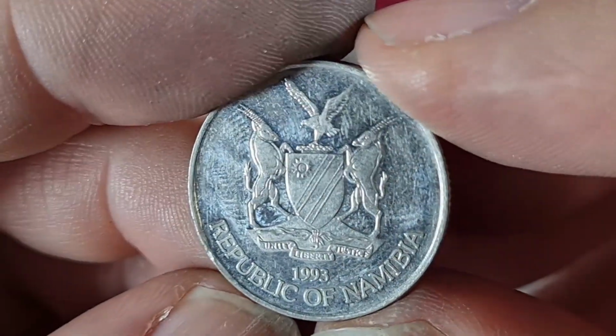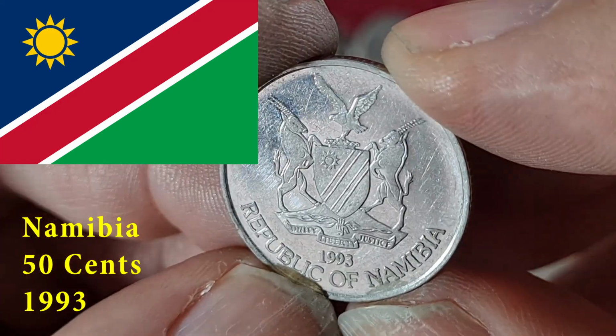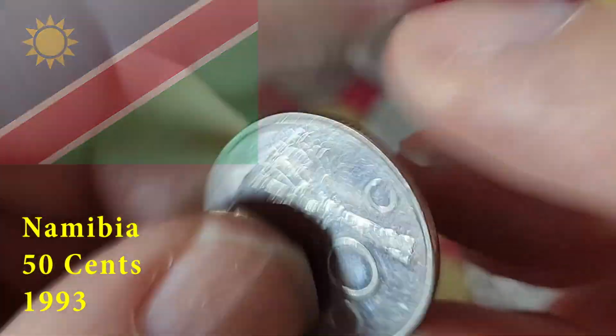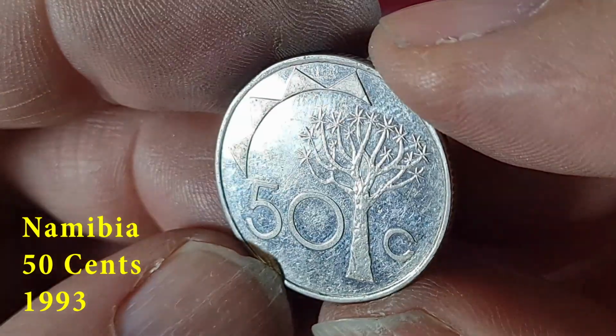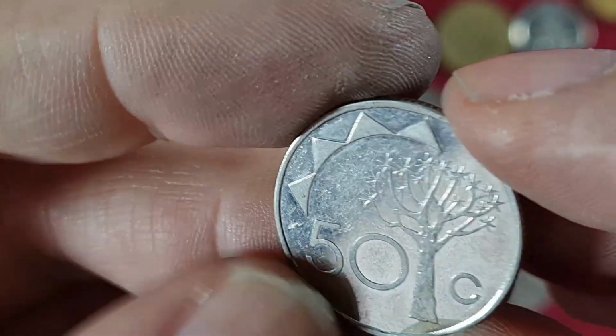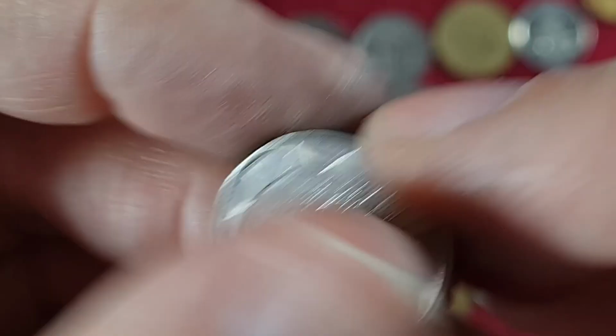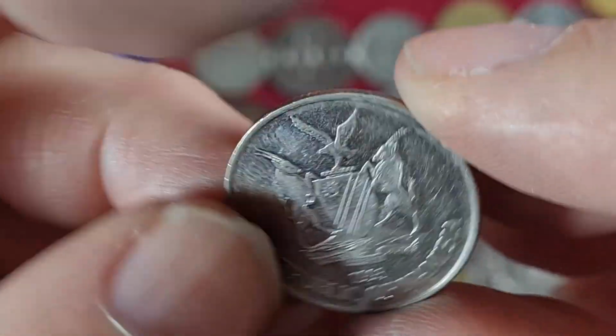Which way round are we? There we go. Namibia, 1993. 50 cents. Yeah, sticky paw prints all over it. There we go. Namibia,